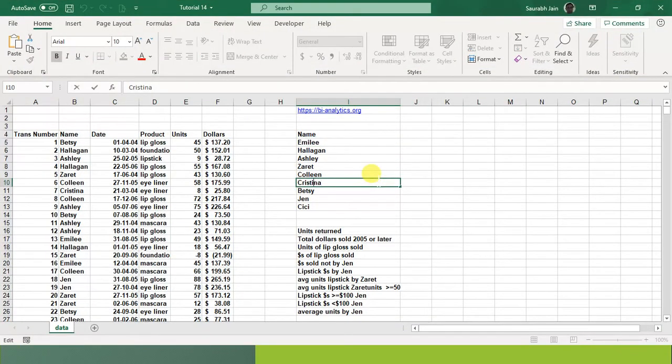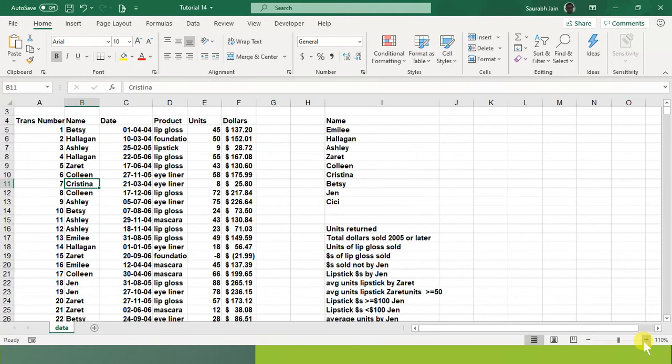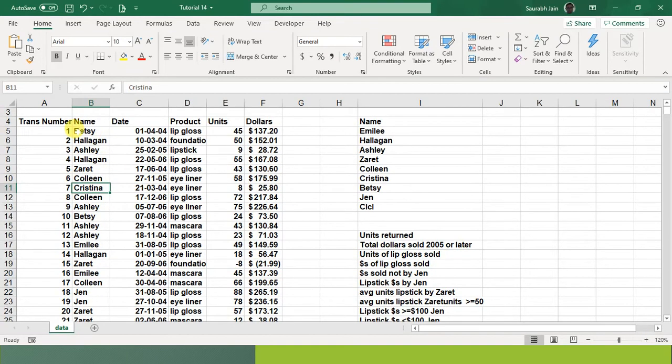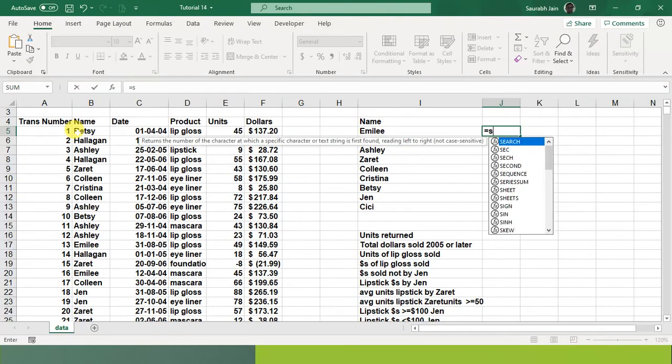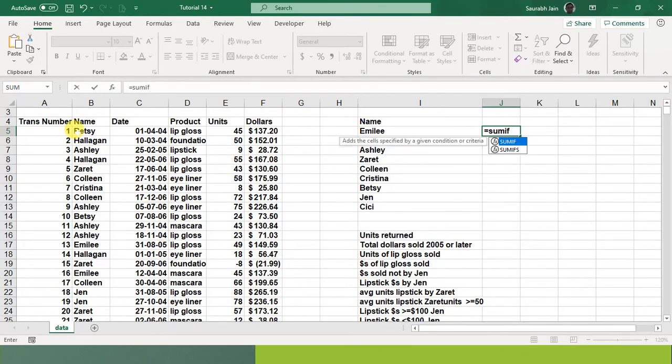So look, I have the data available, the same data I was telling you about. You can see this. I want to find the total dollars. So I say equals SUMIF, bracket open.